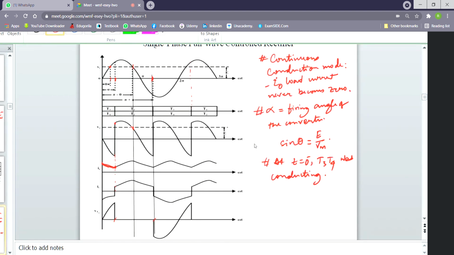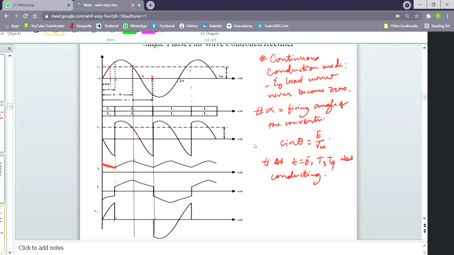So depending upon the load circuit parameters, this I0 would be reaching its maximum at this particular point, as you can see here. Depending upon the load circuit parameters, I0 will be reaching its maximum at around this point and will start falling afterwards. Why? Because after omega t equal to pi minus theta, our source EMF E is greater than